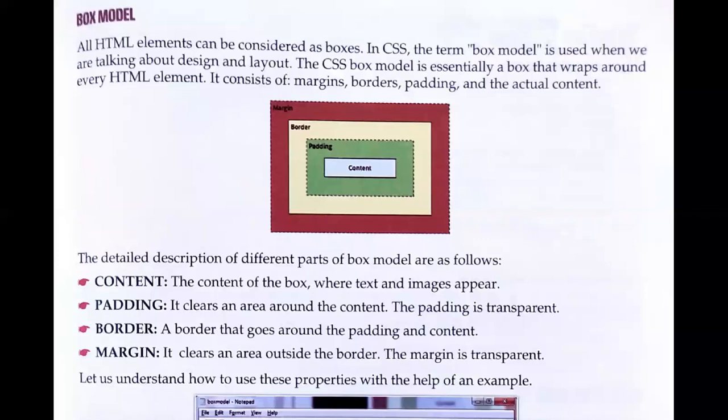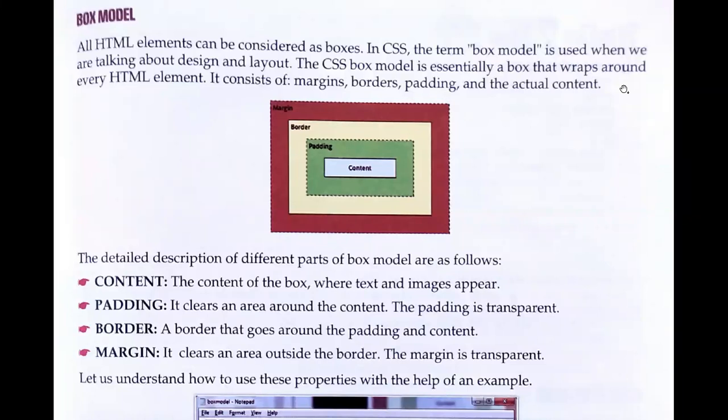You have to know the idea of your page: which part will have what, how many parts will show an image, where your header will be, where your footer will be, where your title will go. So you have to know the correct combination of the layout and designing part of your web page. Box model teaches us that.